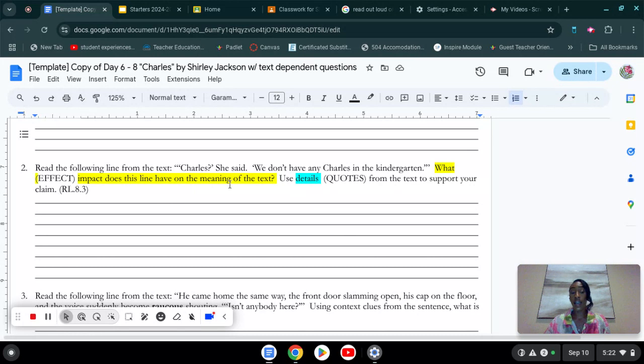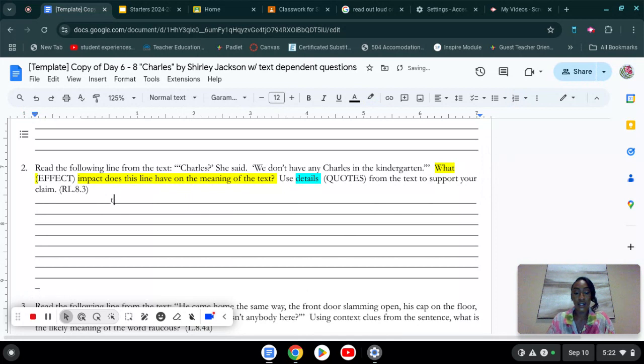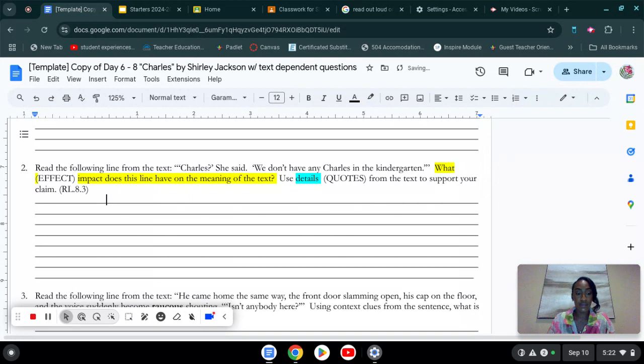Notice, I need to use this as my sentence stem. So whenever you have a question where it says what does or what impact or how can you make meaning, anything like that, you always want to use the question as part of your answer. So the words that I want to take out are my question words. So I'm going to take out what and I'm going to take out does. So if I'm writing this as a sentence stem, I can put the impact